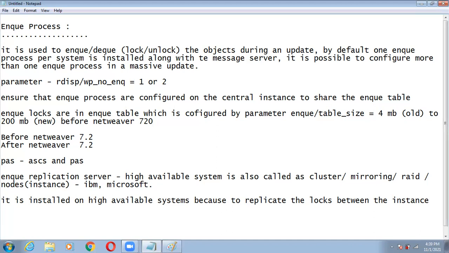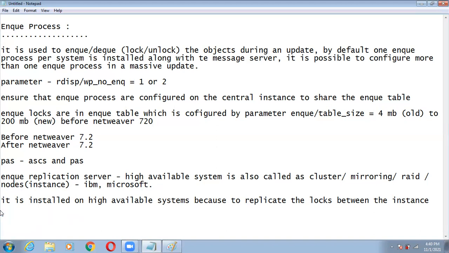Suppose there is system A and system B. Both are the same system. Whatever data is in system A, the same data is in system B. This one is the main and this one is the secondary. If system A gets down due to some issue, then system B will get activated automatically in the back end. When system B is primary, we can repair system A. Once system A is up, system B will be secondary and system A will be your primary. This is set up in high available systems.